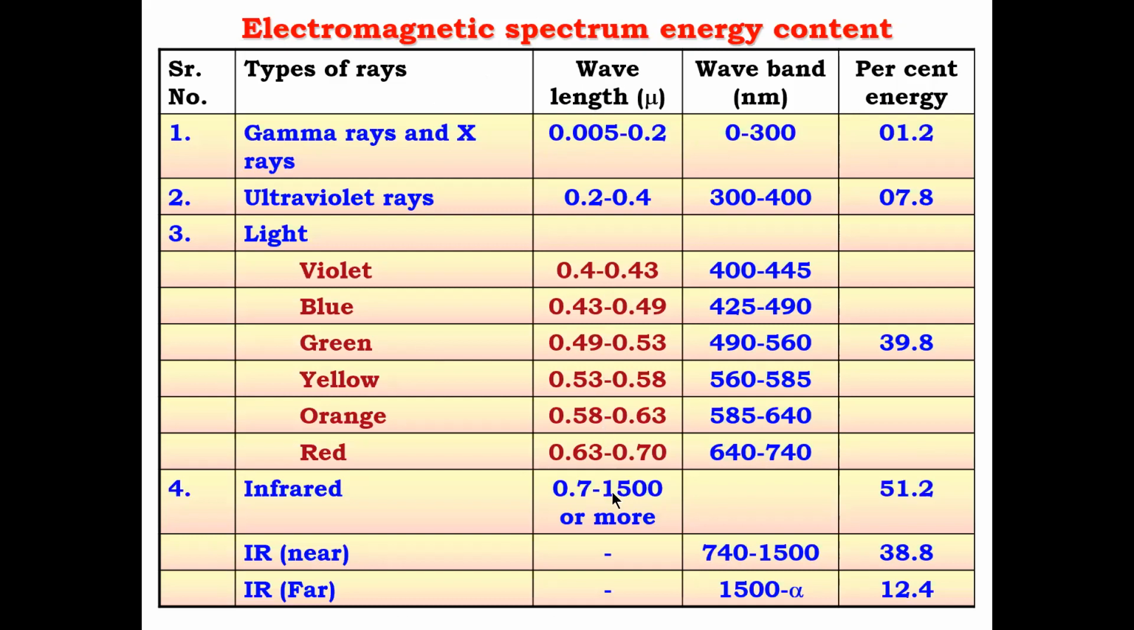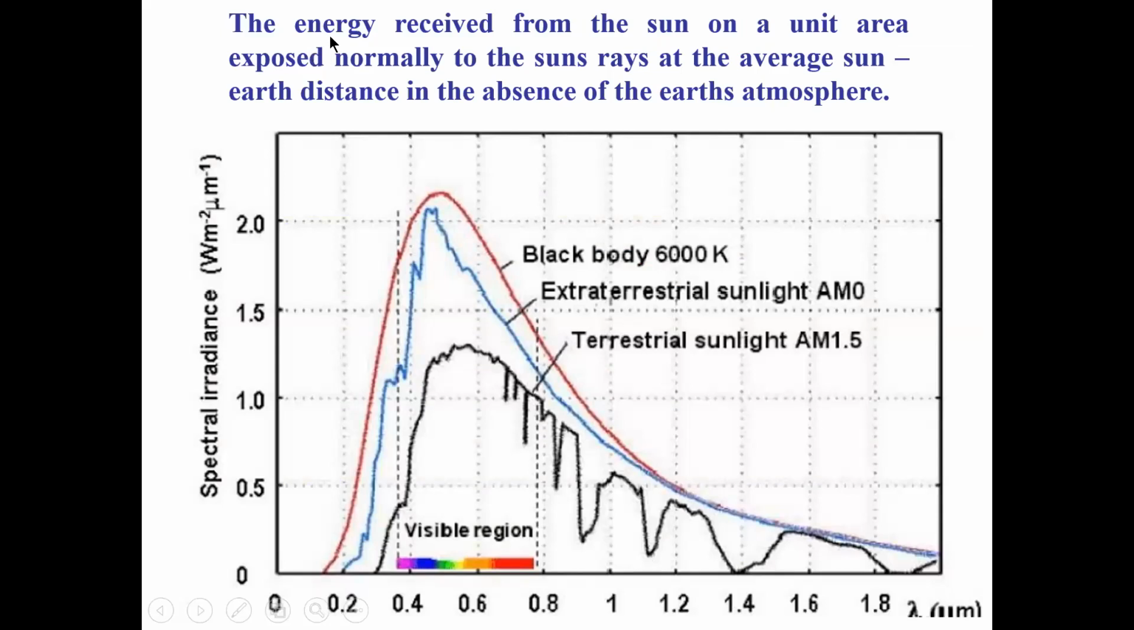This is the length given in the micrometer, and this is the nanometer. Sometimes, according to the different studies, we are using the micrometer unit, and sometimes nanometer. So, the energy received from the sun on a unit area exposed normally to the sun rays at the average sun distance in the absence of the Earth atmosphere means if there is a clear sky, no turbidity, no turbulence in the atmosphere, then what is the energy received at the